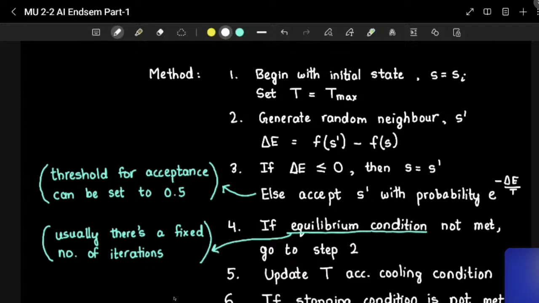But in case delta E is positive, it means the neighbor is at a much worse position than the current state. If it were hill climbing, we would have ignored this state, but the property of simulated annealing is it will allow worse moves. That's the property. It will allow worse moves. So what do you mean by allowing worse moves? It means even if the neighbor is at a much worse position, there is a possibility that we might transition to that state. The reason why we are doing this is